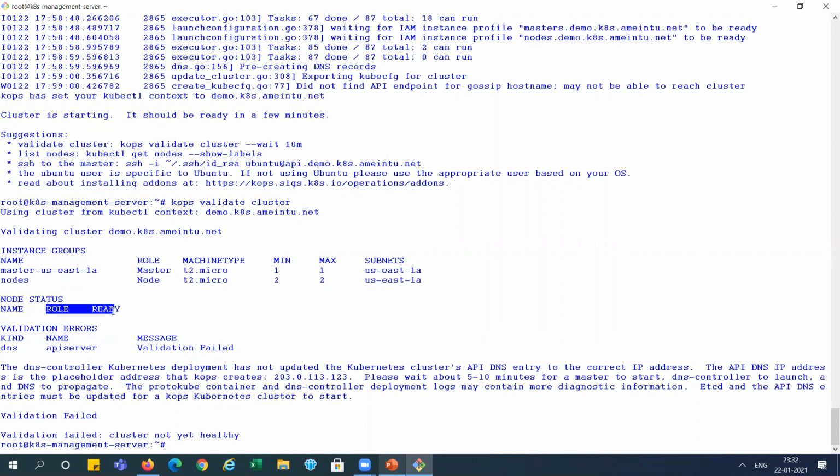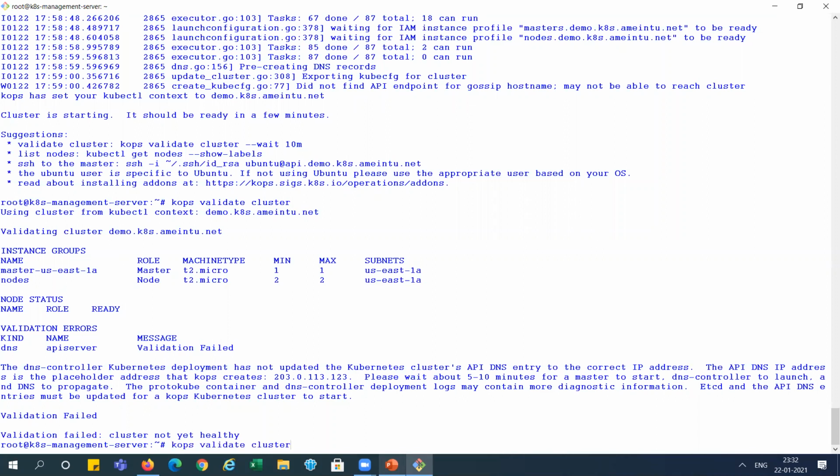So we need to wait for some more time. Cluster not yet healthy, right? So you can see here it is showing the details for this. This is master server, this is T2 micro. We have changed this to T2 micro, and it is showing minimum 1, maximum 1, I showed earlier, right? And the node is showing T2 micro, and its total nodes are 2, right?